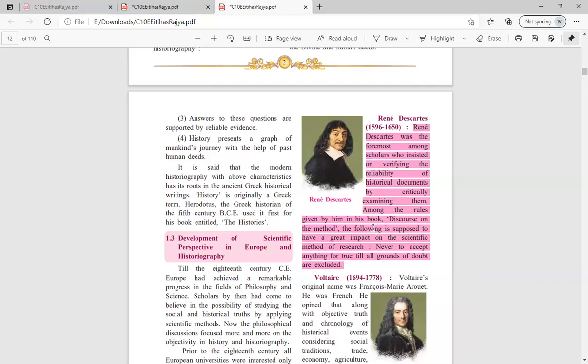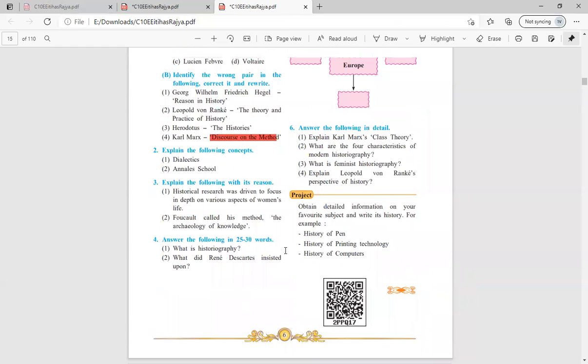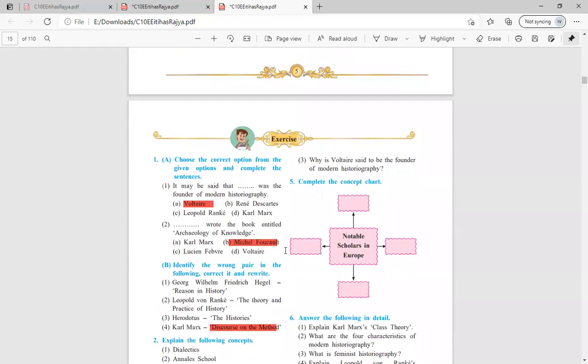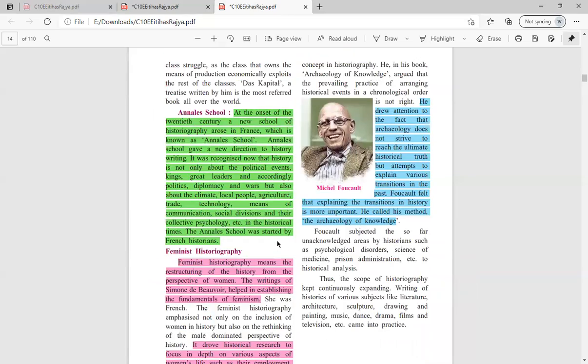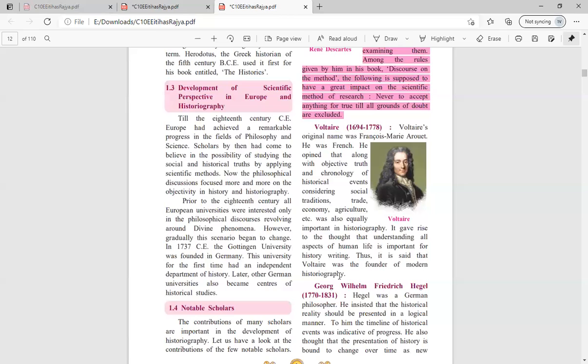Fine. Coming towards the next part, which is 4.3. Why is Voltaire said to be the founder of modern historiography? This is again on page number 3. The answer is right below it. Voltaire, as we saw, is considered the founder of modern historiography because